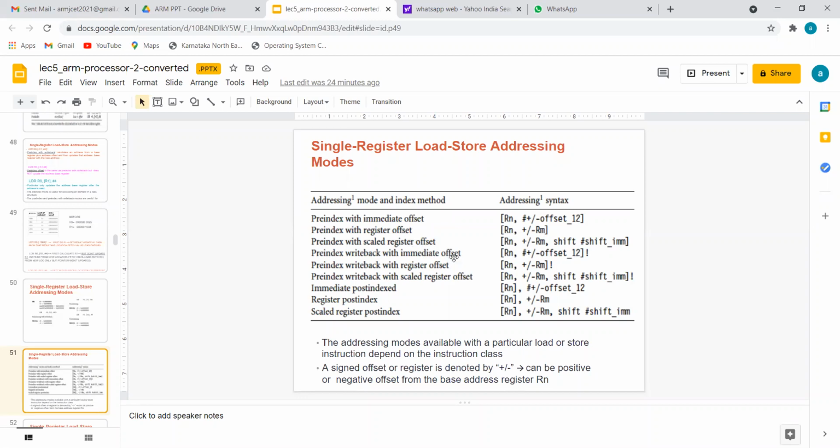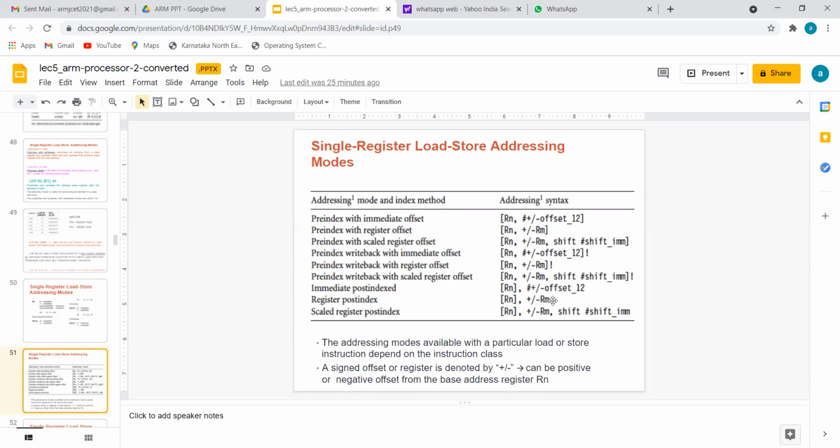Next, see, next is what? Definitely writeback. You can see the keyword here, writeback. So writeback is there means an exclamation mark will be there at the end. Okay, so only #2 is there. So pre-index writeback, that's its name, with what? Immediate offset. Here also you can see immediate offset. If hash is not there, only register is there, pre-index writeback is its category, with register offset. Register is there, also LSL hash is there, so scaled. Since there is an exclamation mark, pre-index writeback; no exclamation, not.